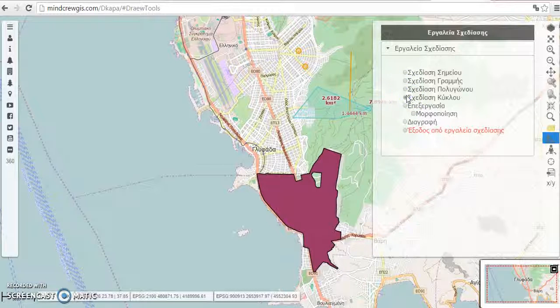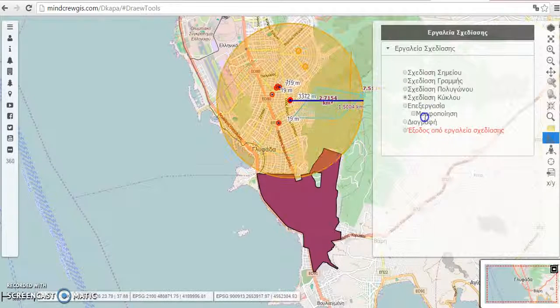The next one is for the radius. Like this. Okay, and if I click on any of these points, the radius will be like this. This is for the deletion of the last drawn, and from here the screen will be cleared.